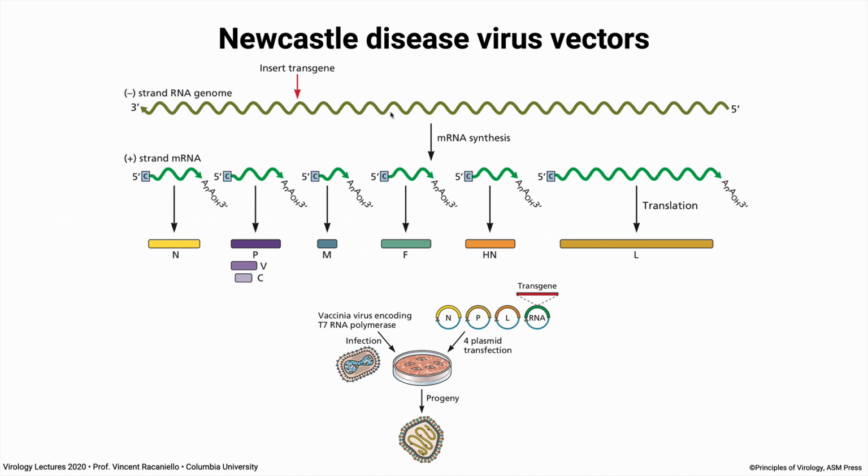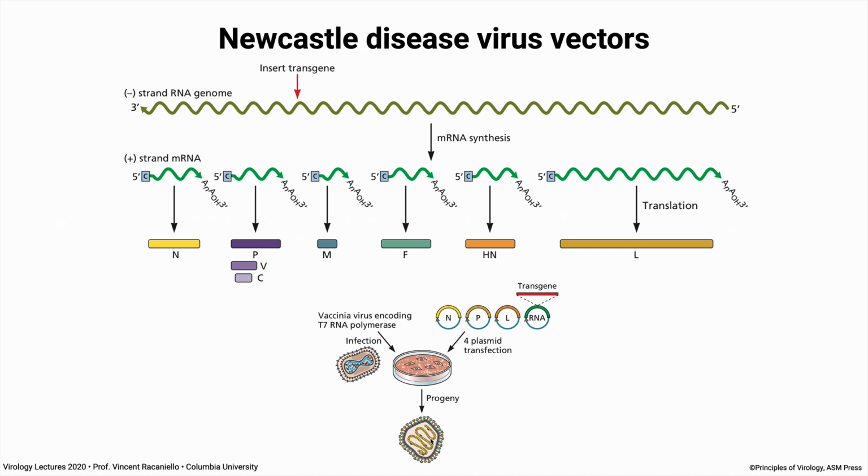And so it's a negative strand genome, very much like VSV, encoding subgenomic mRNAs. And typically you put your transgene in between the P and the M genes. And the strategy is similar to VSV for recovering recombinant viruses: 4 plasmids, NPL, and a transgene RNA plasmid with T7 promoters. You infect with a T7 RNA polymerase producing vaccinia virus, and out come your Newcastle disease virus with your gene